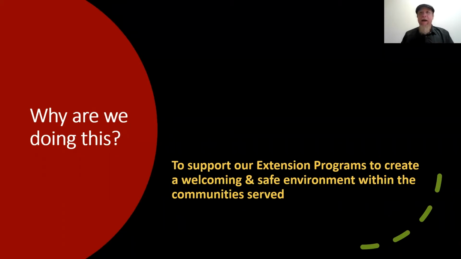Yet where we're at now, we've expanded beyond just 4-H to our extension colleagues outside of 4-H. But it's to really create a welcoming and safe environment within those communities that we do serve. So this program, the intervention that we've used, I've talked about a little bit, has been expanded to support other areas. Lupita and I are going to talk about 4-H, but I can share specifically that we've done